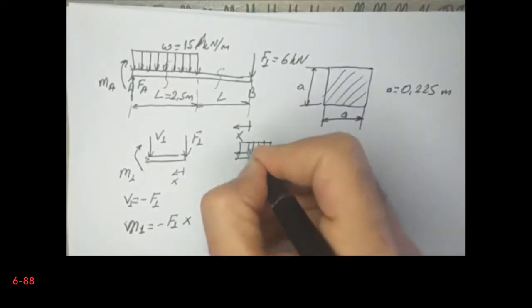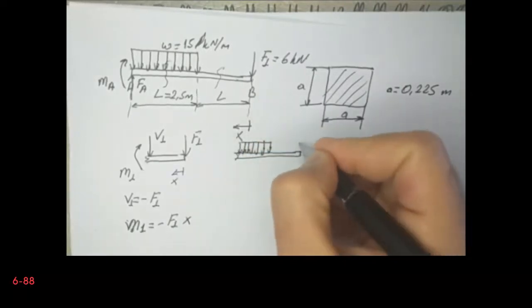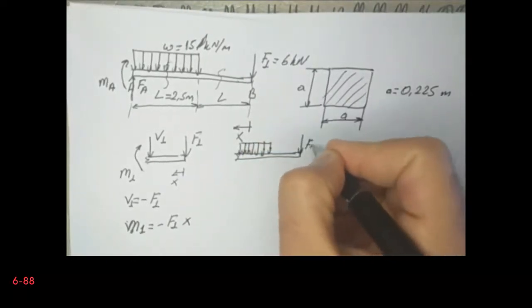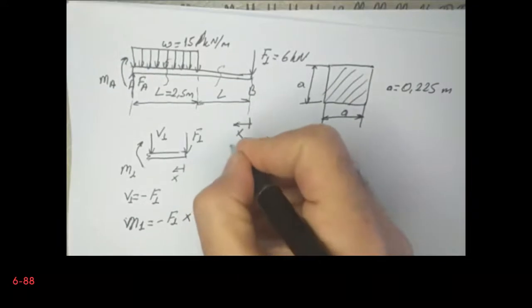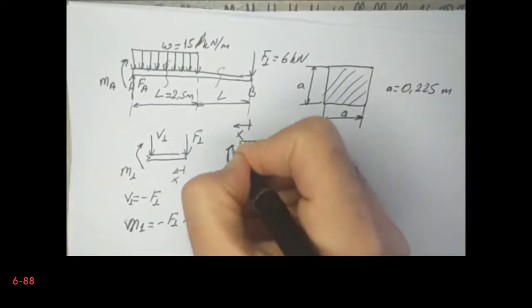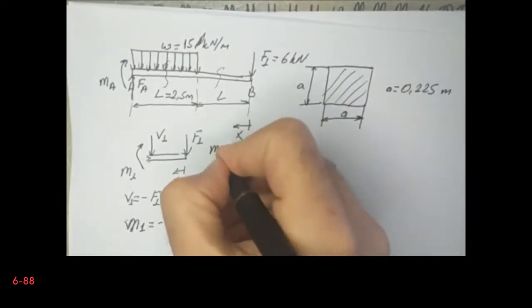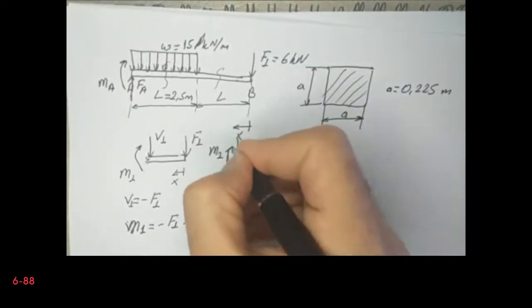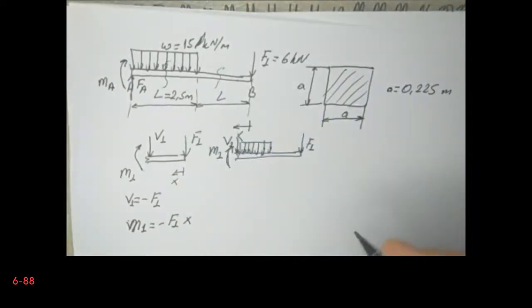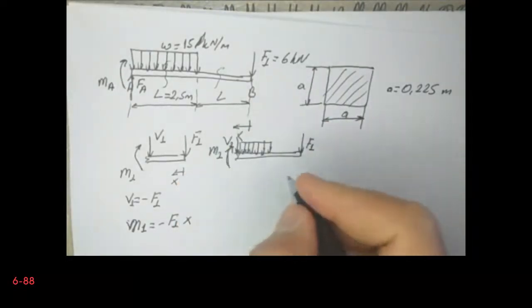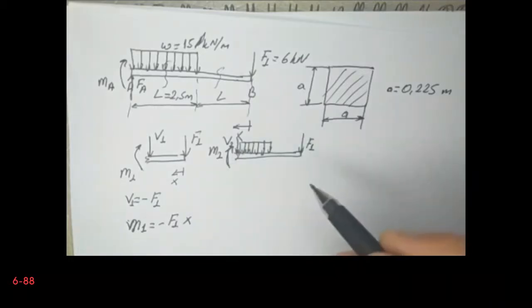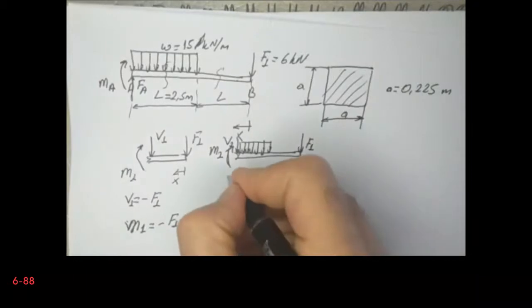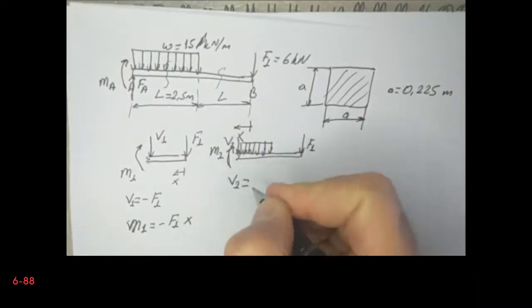I have the distributed load. I have the point load F1. I have the bending moment M2, and I have the shear force V2. I will not calculate the V2 for this problem. In fact, I can. Or let's do it. No problem about that. So V2 is equal to minus F1